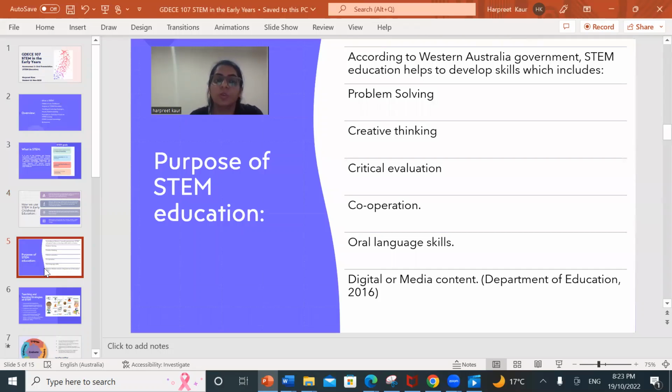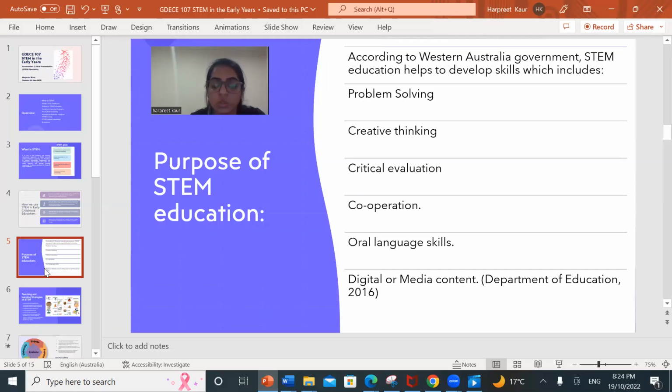Moreover, what can be the purpose of STEM education? As per the Department of Education in Western Australia, it helps us to develop skills, firstly problem-solving skills and creative thinking, because STEM concepts give us scenarios so we can make our own imaginations about what the results can be for any of the scenarios or problems. So it helps children to become creative in their thinking and more imaginative. And it also helps to develop critical evaluation and cooperation,